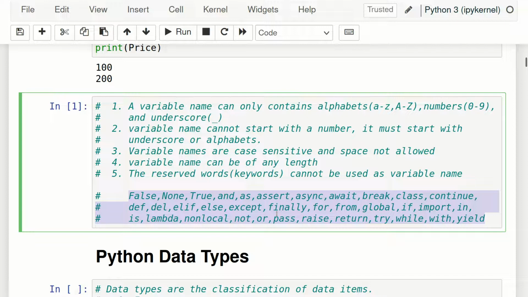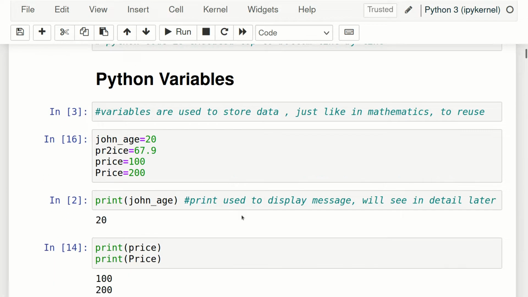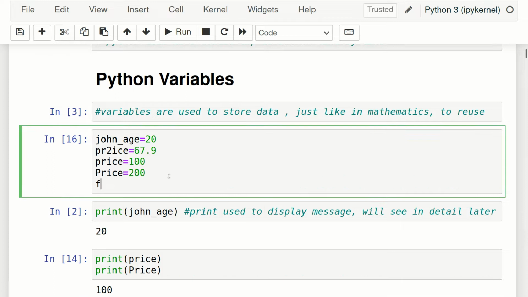Now you will say, will I have to remember this? No. When you start coding, you will get familiar with all these terms, and you will not use them. But one shortcut-like thing: let me try using something. Try giving a variable name as for, so for equals 90. Now see the difference. When I have written for, it has been highlighted, but these other variable names were not highlighted. So we can get some hint also.